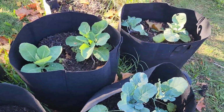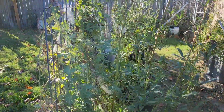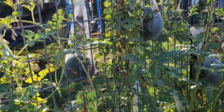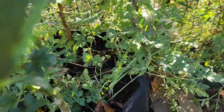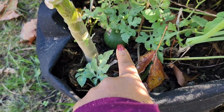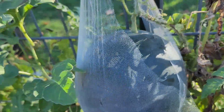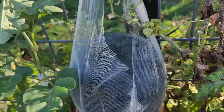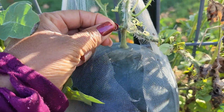Of course, these are going to do perfectly fine. But here are my watermelon plants. They are still thriving over here. And I wanted to show you in this one, one of those flowers that I showed you the other day has produced a watermelon, and these are doing well. It's probably going to be time to get this one off because the tendril that's closest to the watermelon is